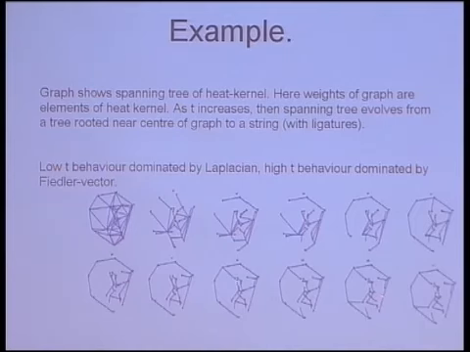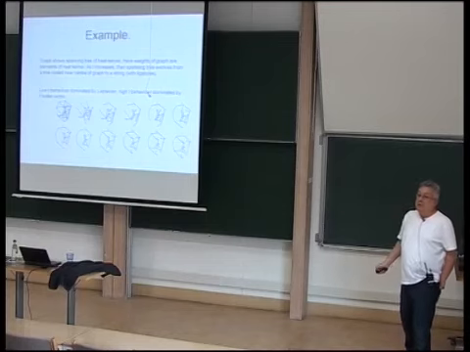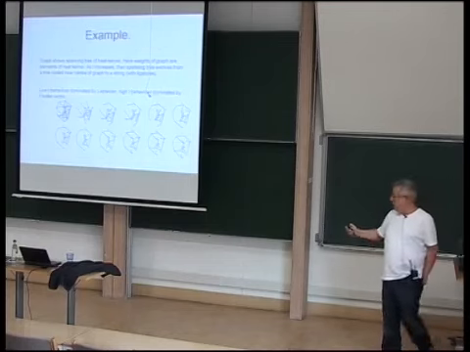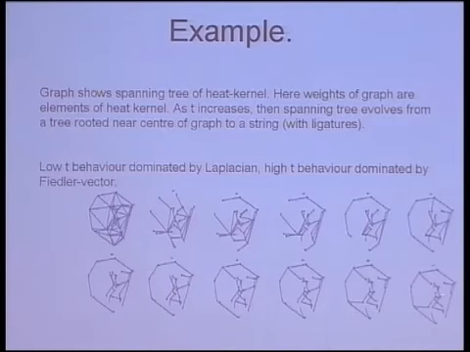When I take a very large value of t, the minimum spanning tree tends to be a sort of string winding itself around as many of the nodes in the graph as possible. And then there are a few branches that come off that string which connect to the more inaccessible nodes in